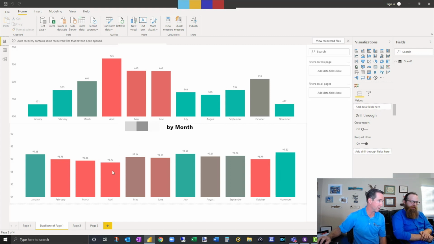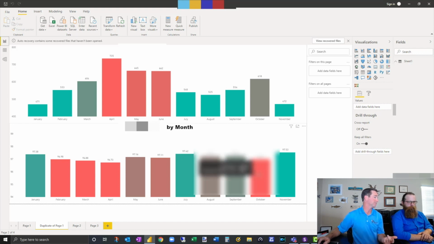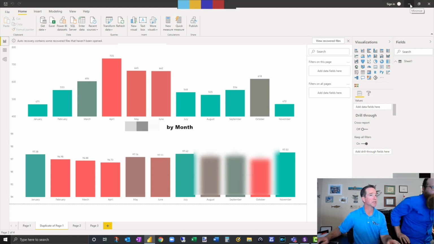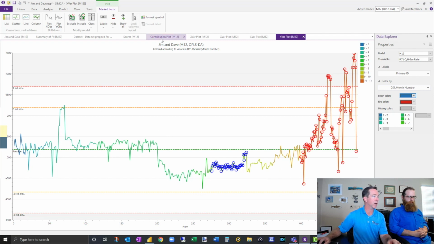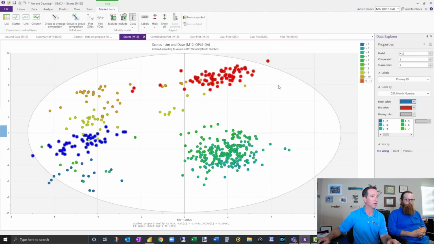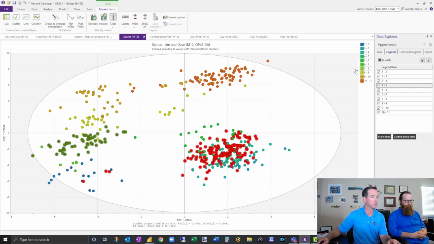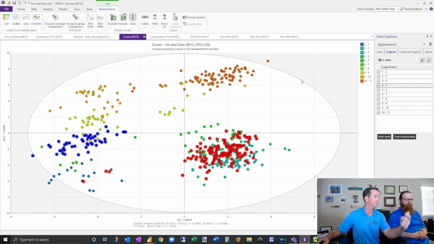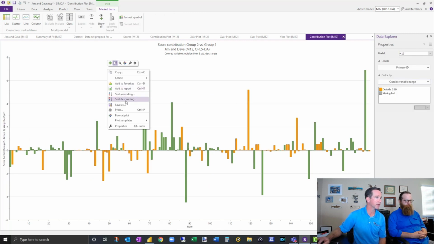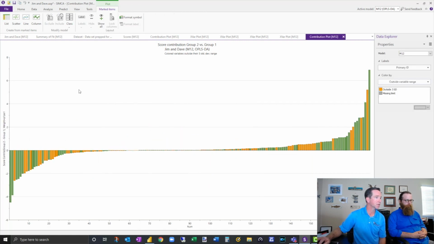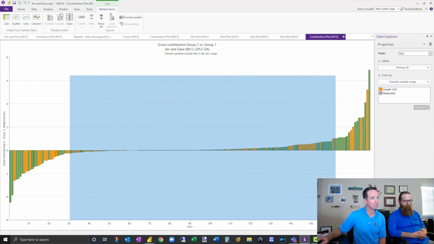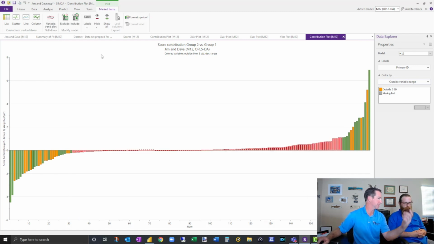So April, pretty bad month. July, really good month. October, pretty bad month. So it would be interesting to see that. Now, how about we take model 12 and let's look at April versus, let's do it the other way. Let's do July versus April, so that way April's bad. And let's do a group-to-group comparison. I'll sort that ascending. And we'll see, because it's going to be a different answer.